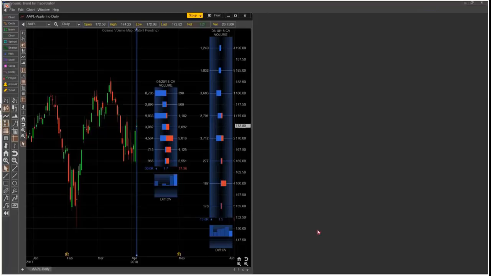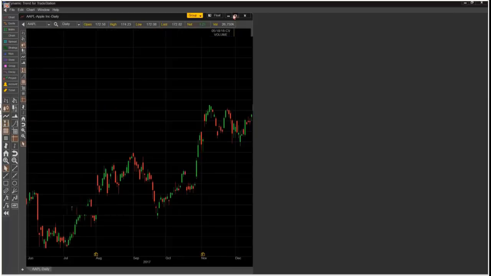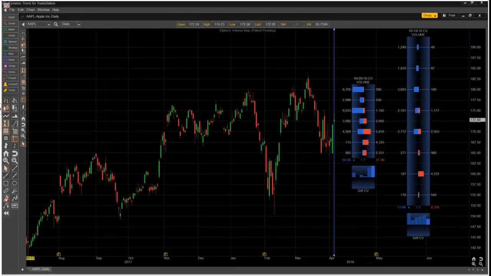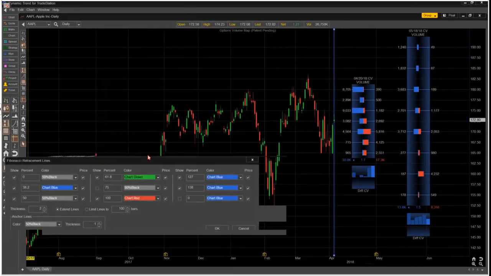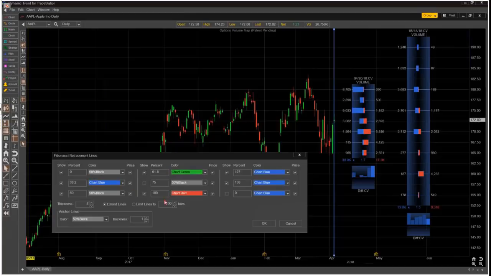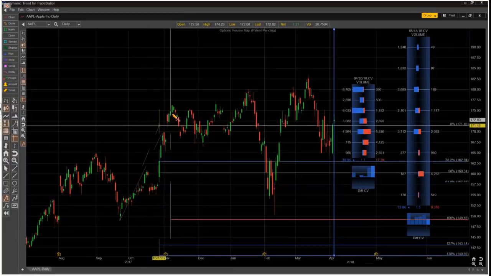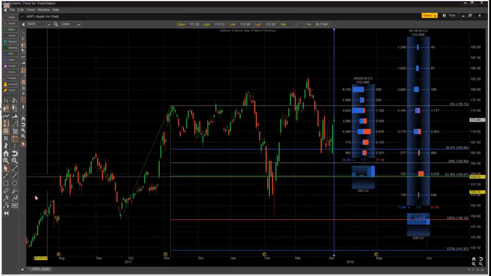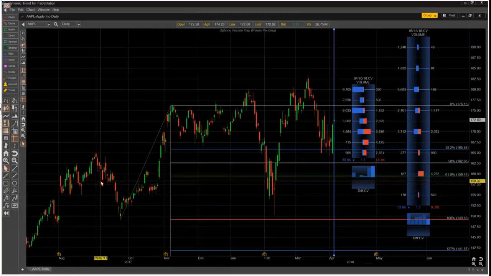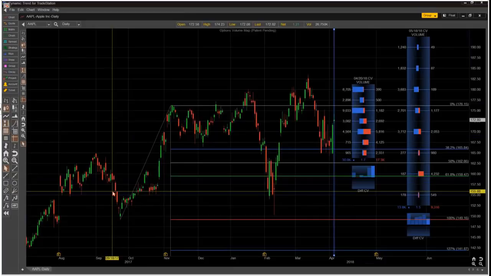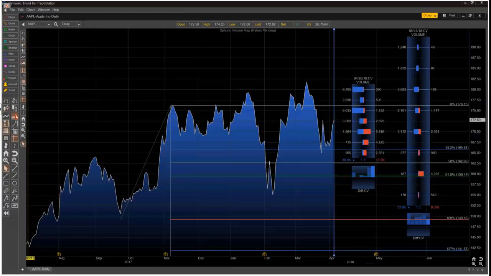Sharon's asking about Fibonacci tools. Absolutely. I'll pull up our chart here. We have Fibonacci retracements and Fibonacci extension tools. And again, you can add your Fibonacci numbers, change them to whatever your liking is. But yes, we do have Fibonacci retracements and Fibonacci extensions for this particular program. We have drawing tools, so you can draw lines. We have speed and resistance lines. You can put text on charts. You can have different chart types. The customization of this program is